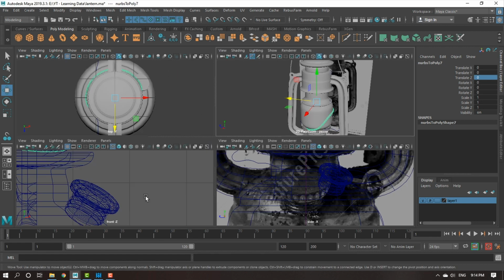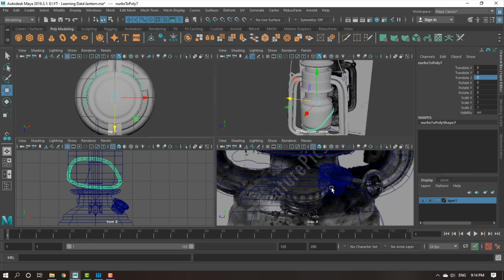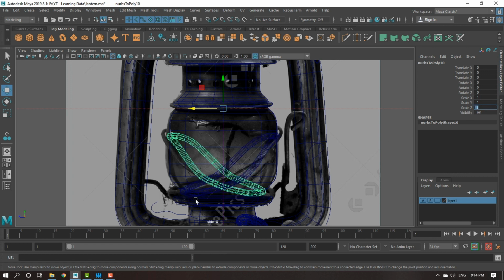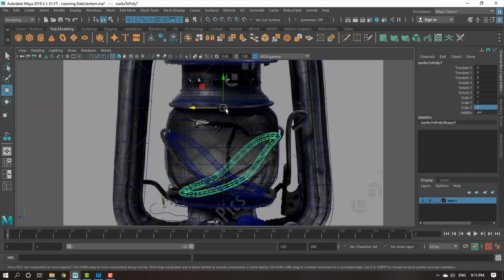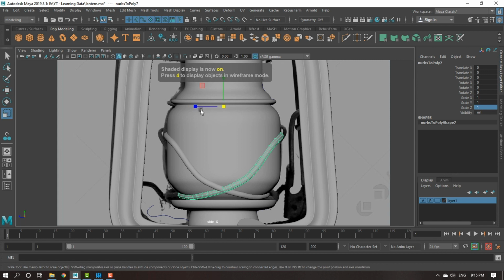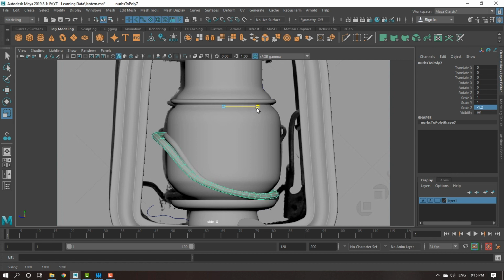Now I want to duplicate this part. Very simple. Say Control D for duplicate and give it a minus value, -1 in the Z axis. That's it. Why Z? Because I can see here, this is my Z axis. My pivot is in center. If I go to my scale tool and start scaling it into the negative value, it is going into a different, opposite direction. So that is exactly what I did here.